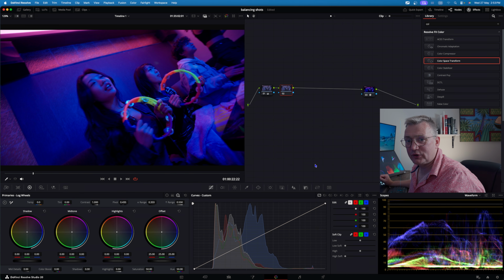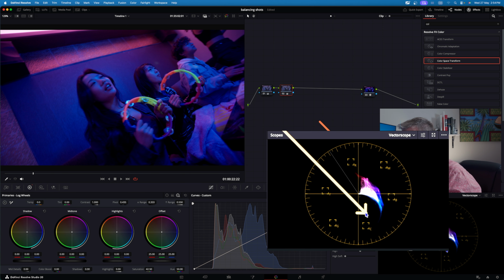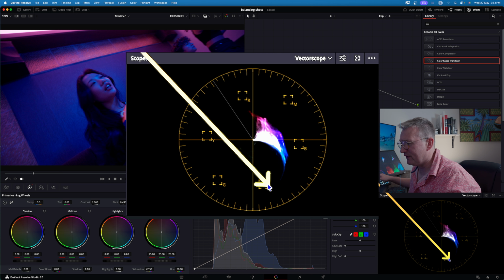Before we tackle that, I do want to tackle the saturation. So let's go over to here, click on that drop down, and go to our Vectorscope. Let's come down here to our saturation and roll this down to about 42.5. So let's switch that off. Let's switch that on. We've tamed the image quite considerably, but looking at that Vectorscope, we still have that tail,